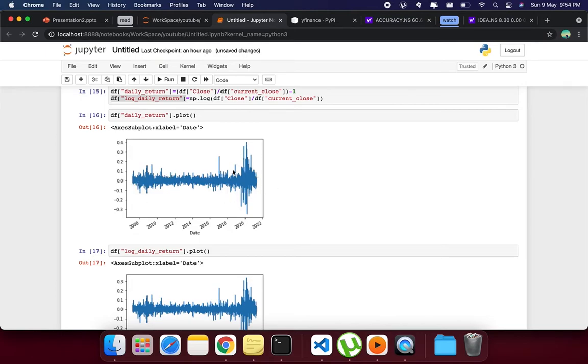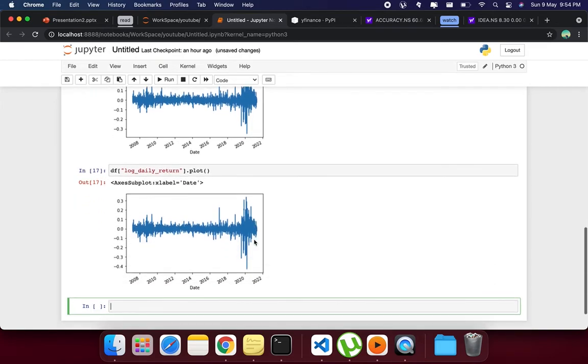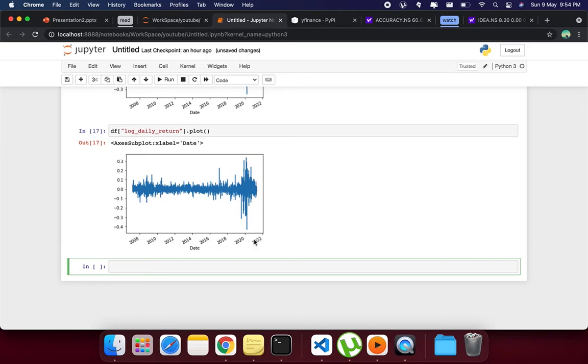Okay, and during the period of 2019 to 21, there is a huge fluctuation of it. So it might be a high return or very low return, negative return. So that is one thing. But let us check if we should actually invest in this stock. Is it a right stock to invest in or not?